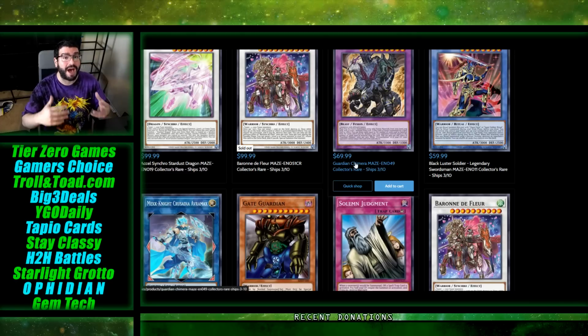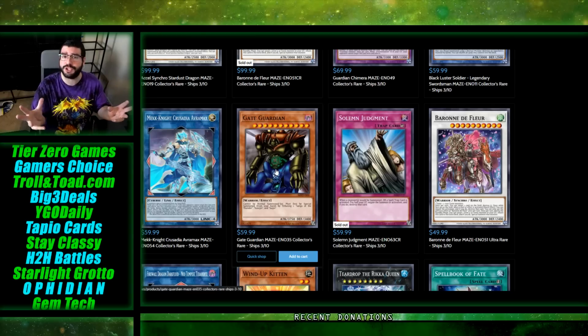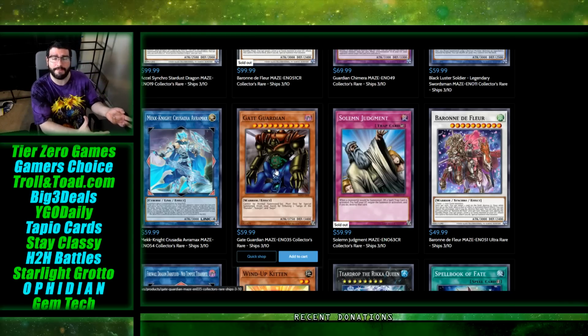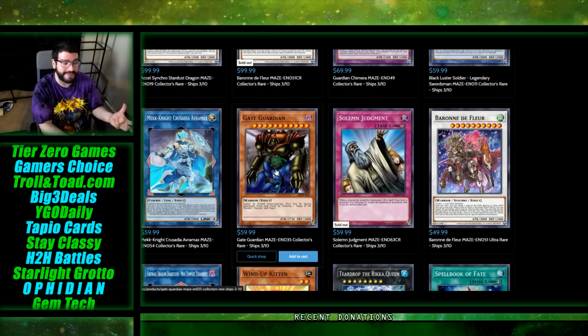And we've seen some high-end branded stuff really spike, but we're going to talk about some branded price falls too here. Blackluster Soldier, the Ritual here is at 60, Mech Knight Crusadia Avermax at 60, and Gate Guardian at 60. This will be the most interesting one to see how it ages, because old school secret rares, first edition Metal Raiders, will likely be held by the community as max rarity, even though this will be a technical max versus